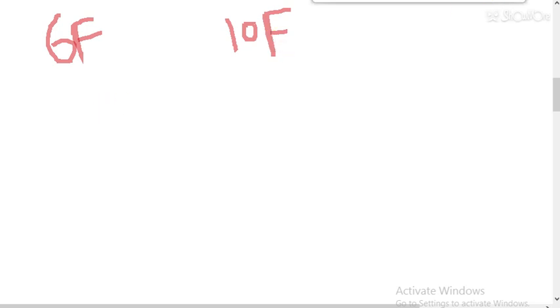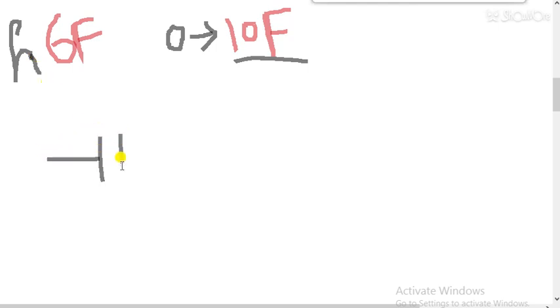So here is the solution. I am providing the solution for this question, you can understand. I am just marking so that I can understand. I have to obtain 10 farad, and what I have is 6 farad capacitor. Now students, suppose this is 6 farad, one capacitor. So I cannot connect two in parallel because 6 plus 6, 12, will be there. So one capacitor is connected here and I have to get 10. So can I connect 3 capacitors here?